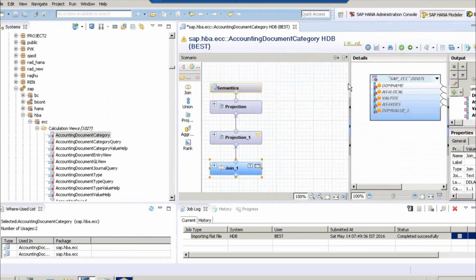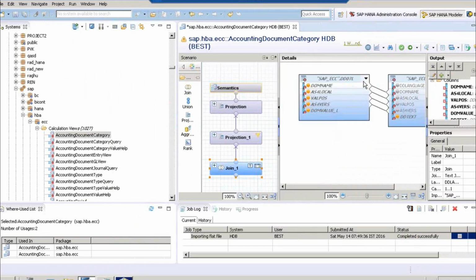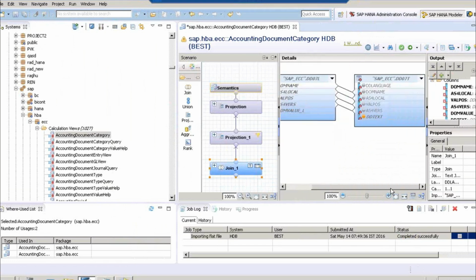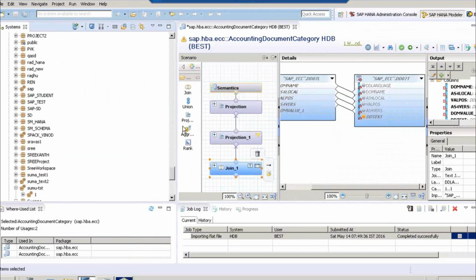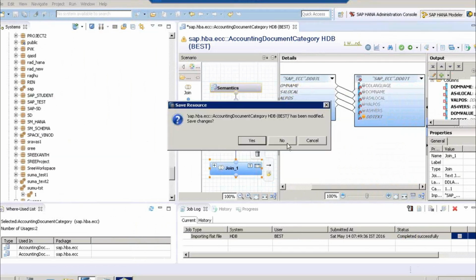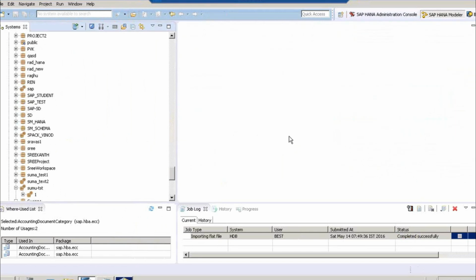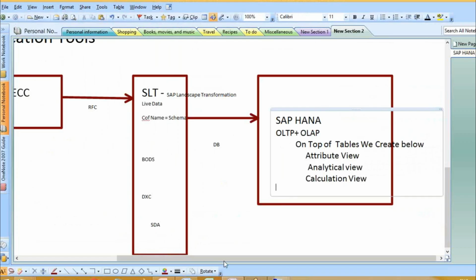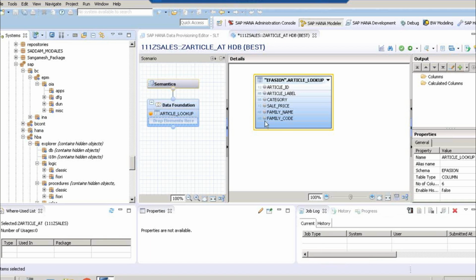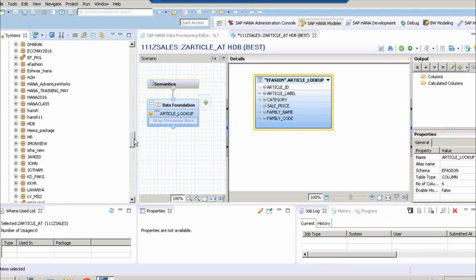When we go for a join, SAP is taking the two tables D007L and D007D. This is far more advanced, as SAP will give ready-made calculation views which we are going to use. That will be a combination of a list of data sources. We'll look at that later. Coming back to the creation of views,